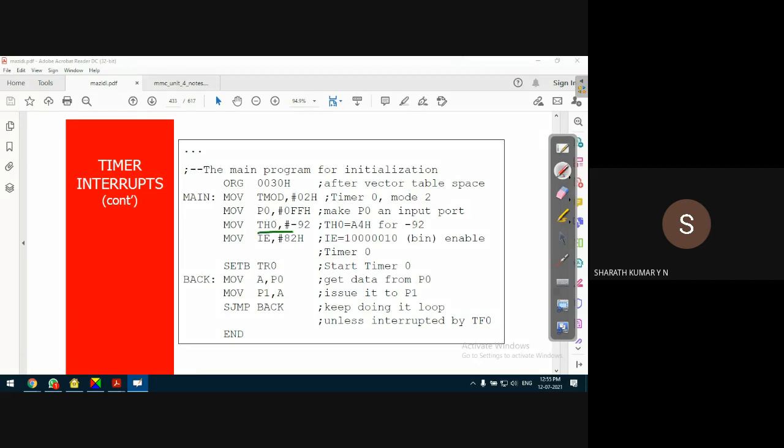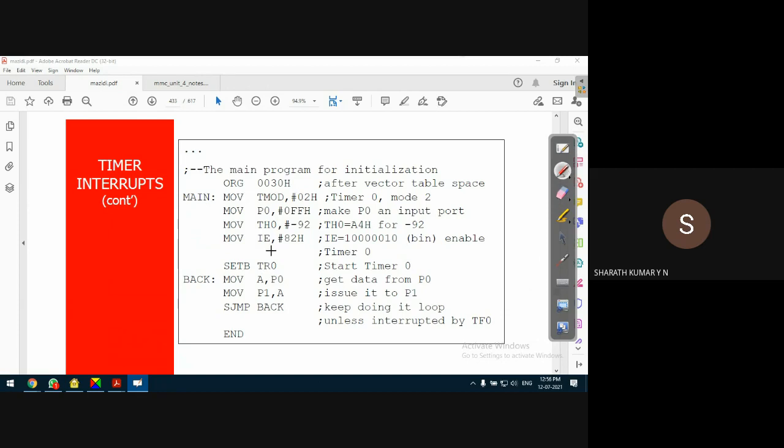Okay, and enable the interrupt. This is very important. We are loading the initial value to the timer, fine, but we have to enable the interrupt due to timer 0. If this is not done, then even when timer 0 overflows, it will not generate an interrupt. Out of these many bits, this is the timer 0 bit, so only this bit is set to 1. The first bit corresponds to enable all, EA, which we discussed in the last class. This bit should be 1. If this bit is 0, no matter which bit is 1, it doesn't generate an interrupt.